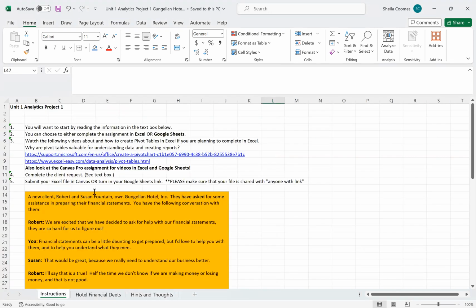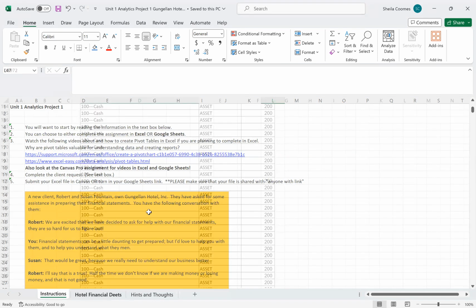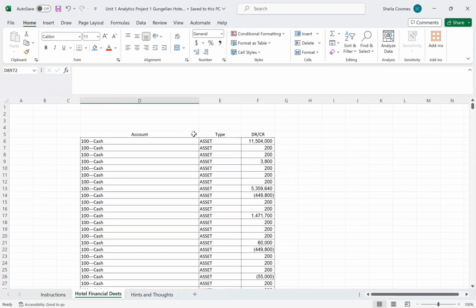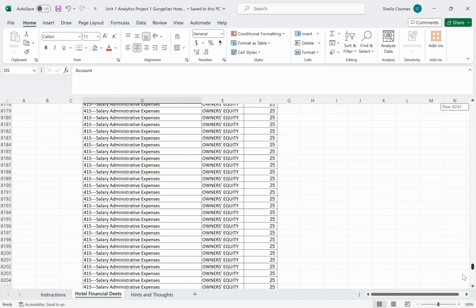Pivot tables really allow us to summarize a lot of information in Excel or another data source very quickly. So having information in Excel, but then if we look at this, we'll notice if I go up to the very top, I've got some accounts, some asset, liability, or owner's equity type of accounts, and then debits and credits, which are indicated by debits as positive, credits as negatives or parentheses in this case. So, if you look at this, we're starting on line 5, and if I scroll all the way down to the bottom, I have,